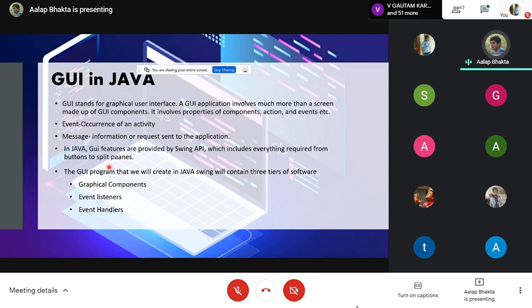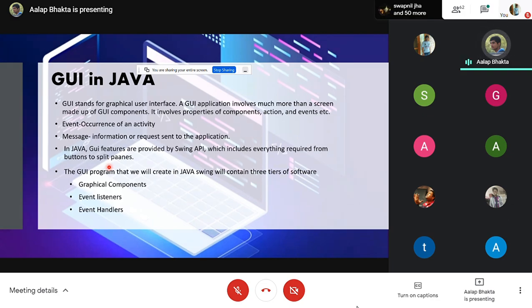Whenever you code a GUI program, there are basically three tiers of software: graphical components, event listeners, and event handlers. Event listeners means a particular action is done, so the event listeners listen to it properly. For example, event listeners get notified about the events and respond to them correctly. And the event handler does the work for the user in case the event occurs.